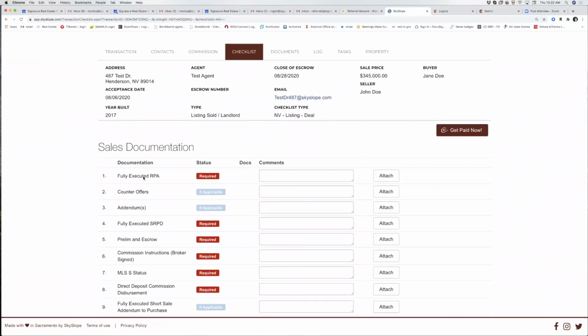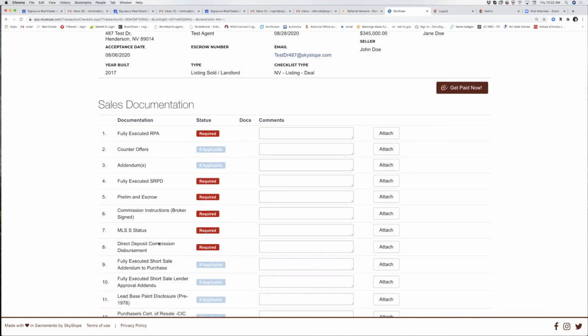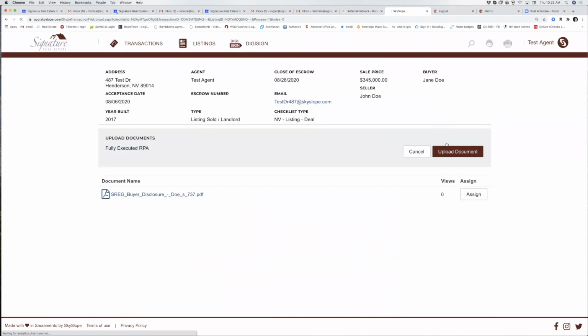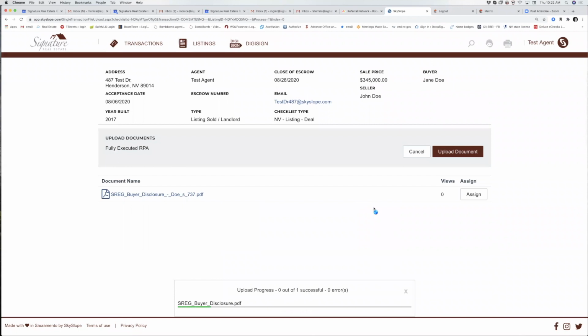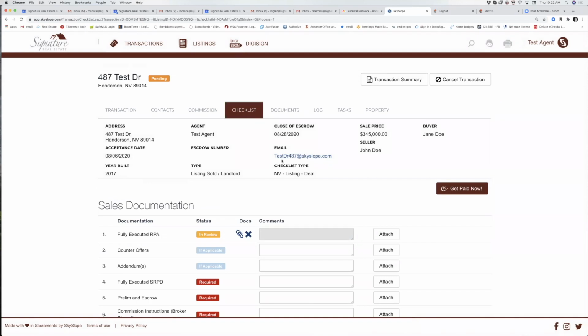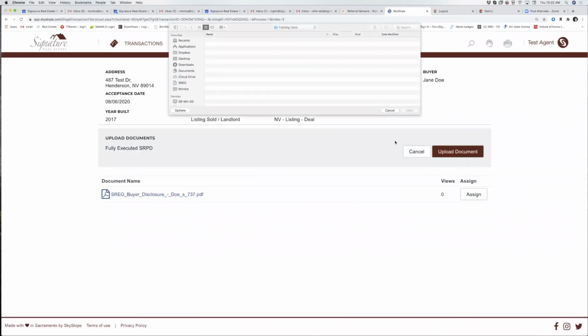So you've got your RPA, which is your purchase agreement, your fully executed SRPD, which is signed by buyer and seller. So everything here that's required, you're going to do the exact same thing. Attach, upload document, find it on your computer, pull it in. You can also send it to your email there, send all the documents in there, and attach it from your Documents tab again. Okay. Attach, upload,